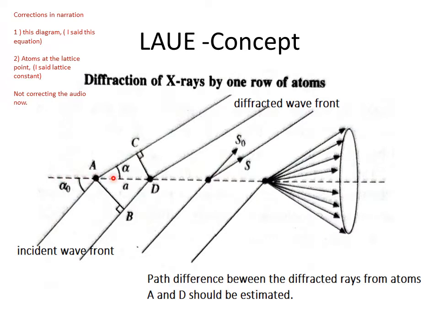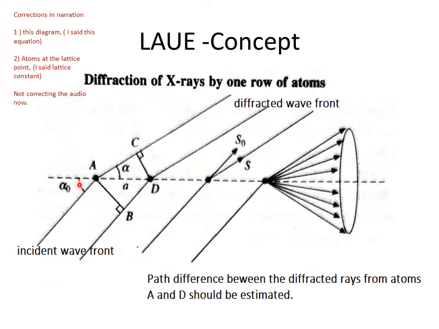You have got this dotted line which indicates a row of atoms. You have got this A and D, and the next point you can assume them to be the lattice constants, and at this lattice constant we have got the basis or the group of atoms. So here, for simplicity, we'll just assume a row of atoms, or a one-dimensional periodic structure. So what we have is an incident wave which is coming this way,